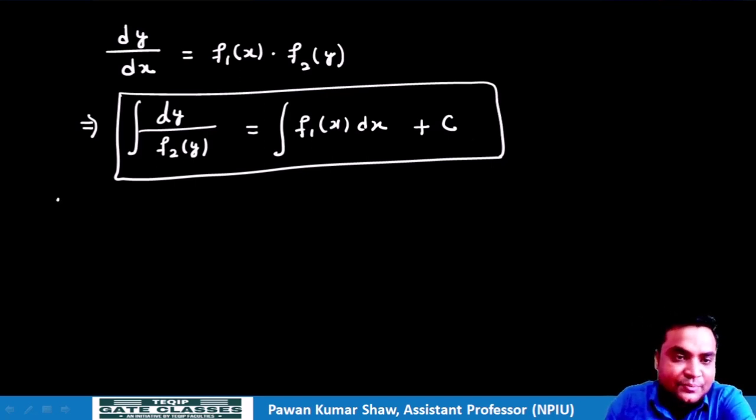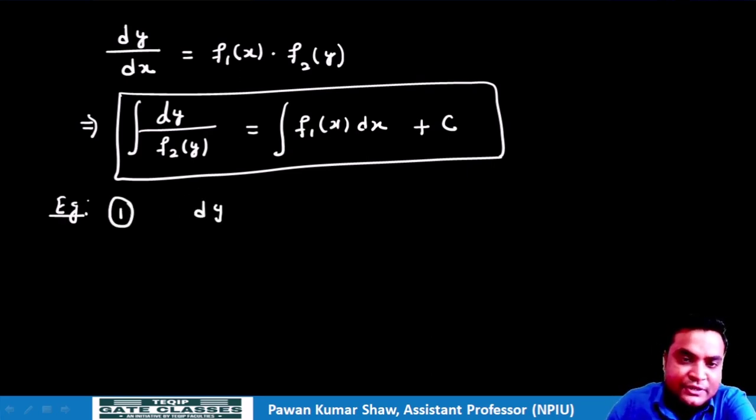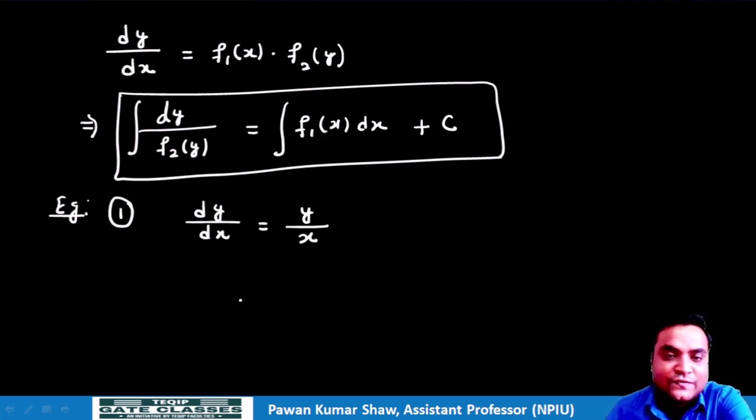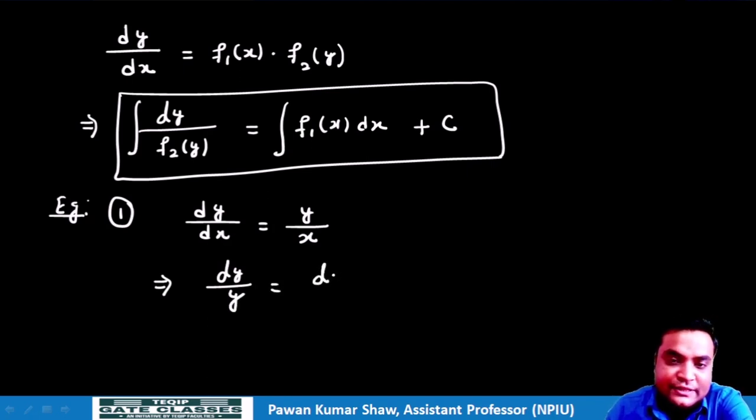Okay, so let us take some examples. Our first example, suppose I am taking a very simple example: dy by dx equal to y by x. यहाँ पर हमारी equation क्या, this is our first order and first degree differential equation. If you look, this right hand side function is y by x. So we can separate the function in terms of x and in terms of y. That is, we can write 1 by x into y, and keep the 1 by x term with our dx term and keep the y term with our dy term. So we can separate easily here.